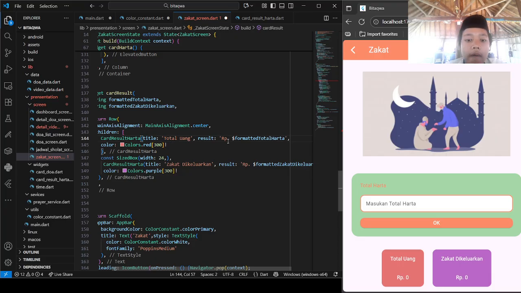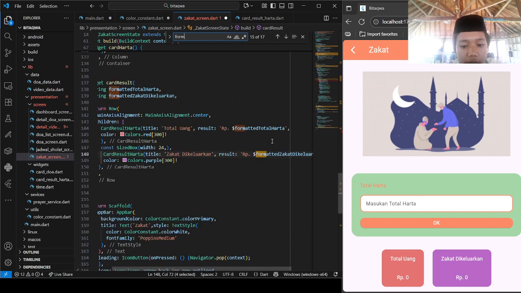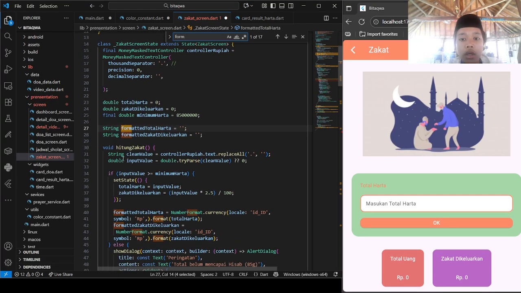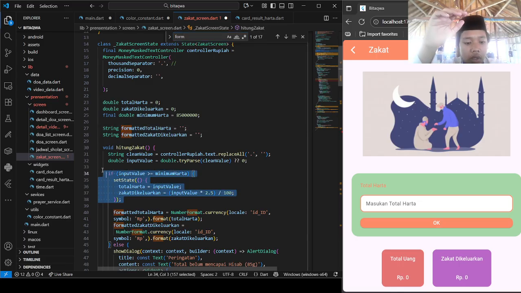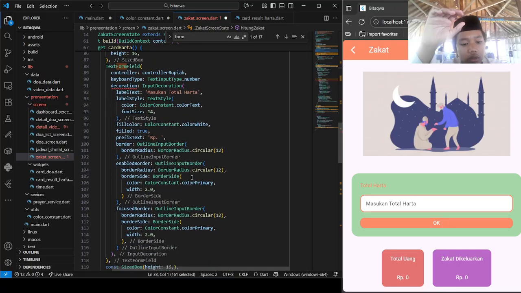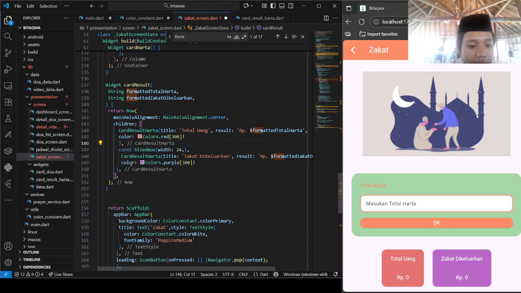We add Rp, and then the variable formatted total harta. So it's called from the formatted. We import and do the counting here, and after that the widget calls the variable and shows it to the user. And then it goes to the zakat result.